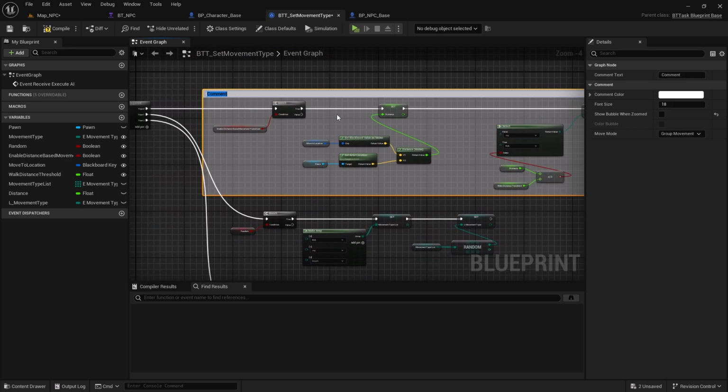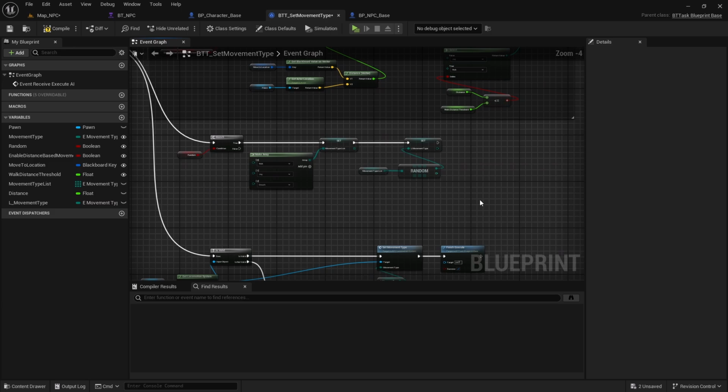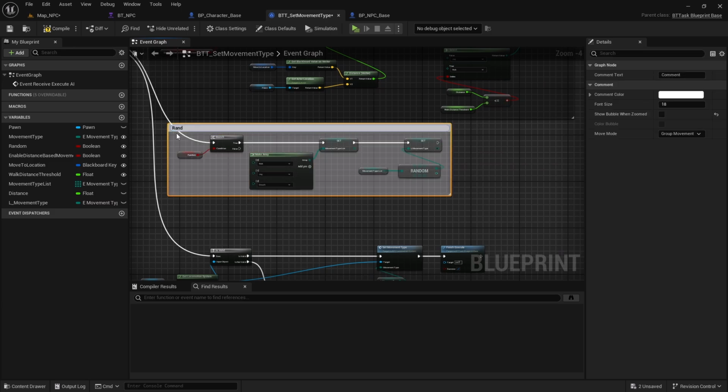So I'll comment this one as, let's say, distance based movement type, and this one is randomized movement type,